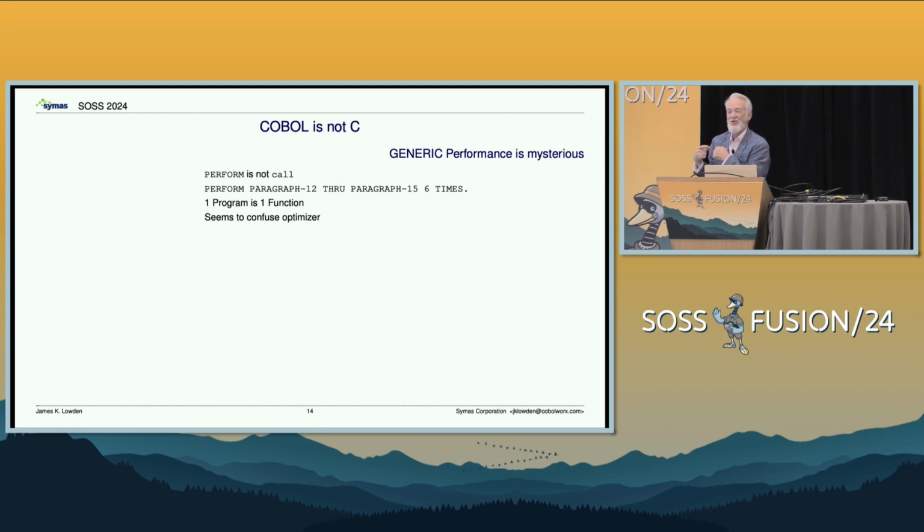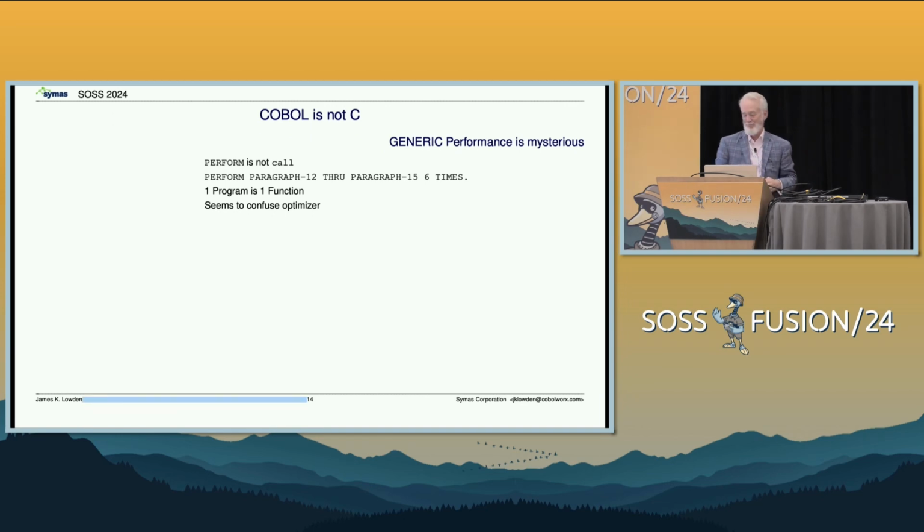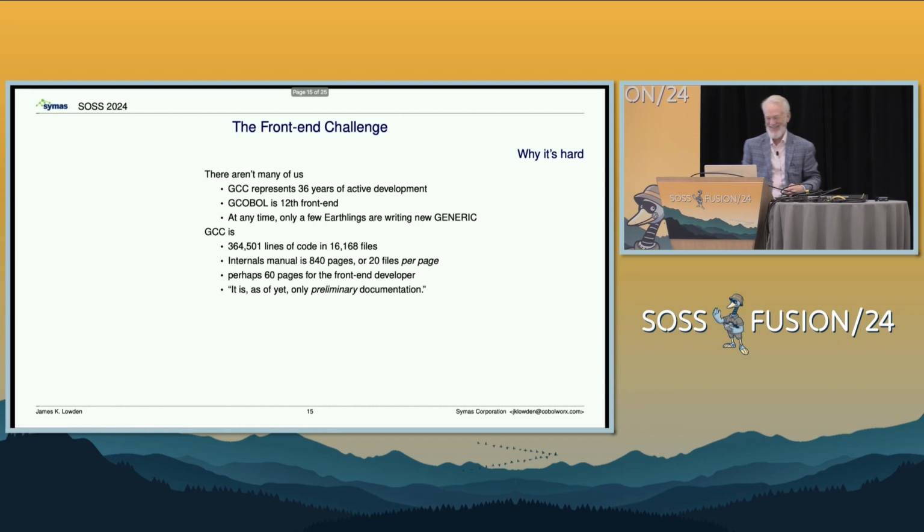We did implement it as a call, and it can't be done. There were reasons not. I wish he was here to explain why, but it's one of the things. There is a call. You can call things, but perform is not call. When you perform a paragraph, it doesn't have call characteristics. It has call characteristics, but it's not good enough. Yeah. It shares the same stack? Yep, although there's hardly any stack. Are there any stacks? I'm sorry.